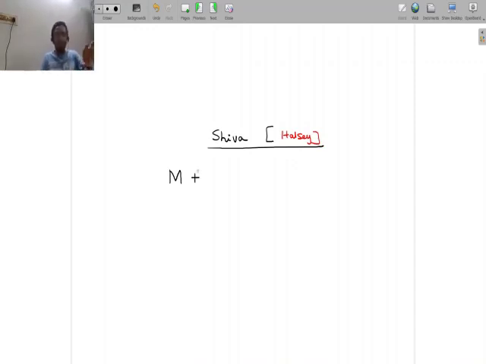Let's go to the next case here. So let's look at how I'll frame this equation for Shiva. For Shiva, I should use the Halsey plan. Rowan plan is only for Vishnu. For Shiva, I'm going to use the Halsey plan. So let's capture that. Now, materials, M, will not change because the same material is used and the same product is manufactured. Now how many hours is Shiva going to take? Shiva is taking 80 hours.